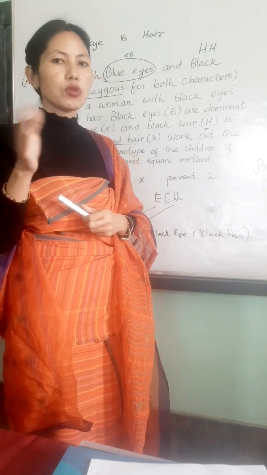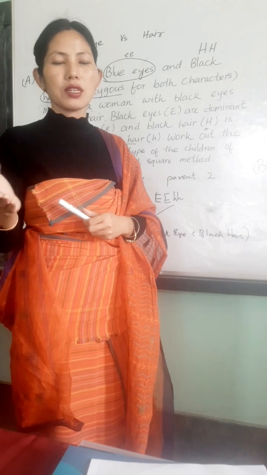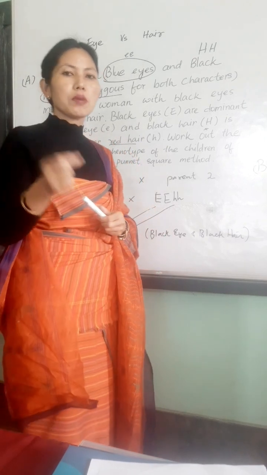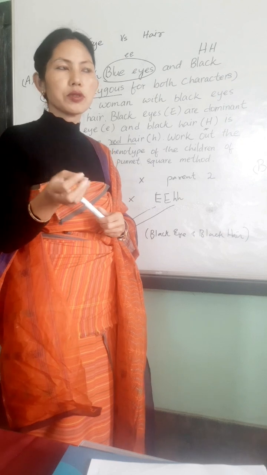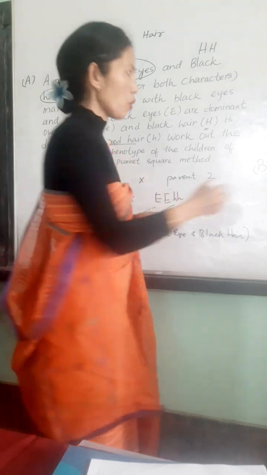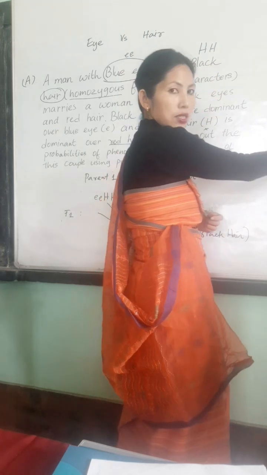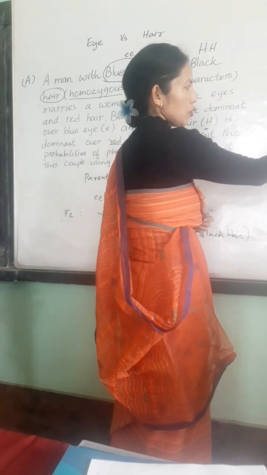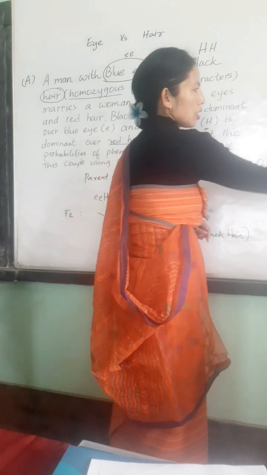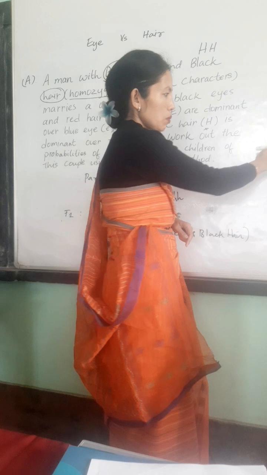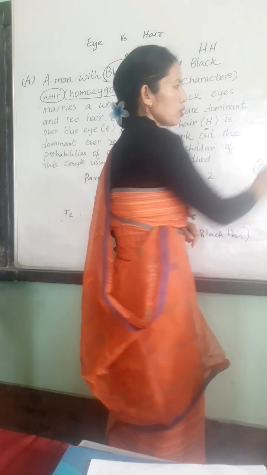So in this way you can use your own specific alphabet if it is not given in the question, but once provided, please don't change it. Suppose the contrasting trait is blue and black, and both stand with B, you might make a mistake. Suppose the contrasting colors are red and white. Suppose red is dominant and white is recessive. So if you take capital R, then for white you will not use small w. It will be completely wrong. When you are using the recessive trait, you use the same alphabet but in lowercase. So it is capital R for red and small r for white color.